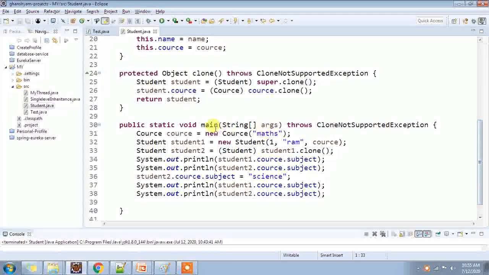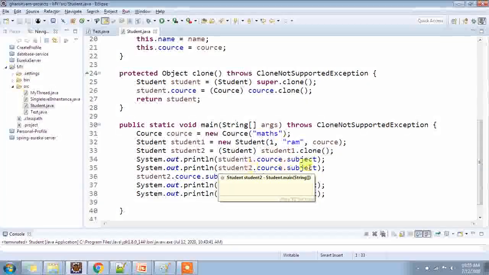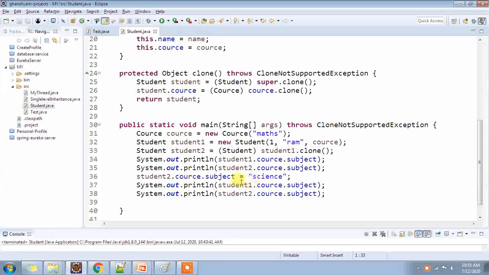And again we create a main method, create the course object, then create the student1 and student2 objects. The student2 object is created with the help of the clone method. Then we print the subject property from the student1 and student2 objects. Now we change the subject property for the student2 object, and again we print the subject property.